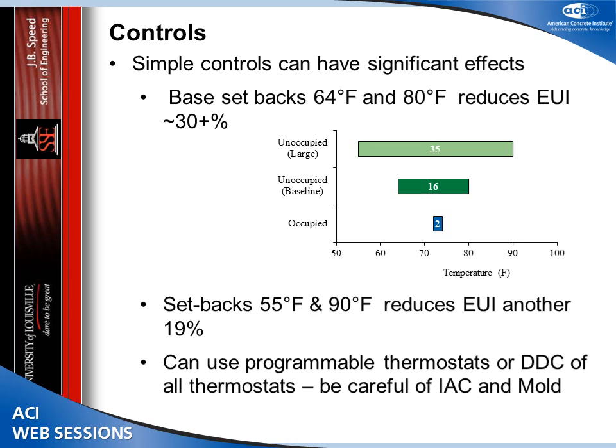We actually looked at the costs of that, which I'll talk about in a little bit further down. One of the things that you have to look at, though, is when you allow too high of a setback, the same thing you run into when you do nighttime ventilation. Humidity control is very, very important. If you don't control humidity, you can have some real problems with indoor air quality, and in particular mold and mildew that are generated within the building. So you have to be very, very careful that you understand the climate that you're designing for when you set these setbacks.